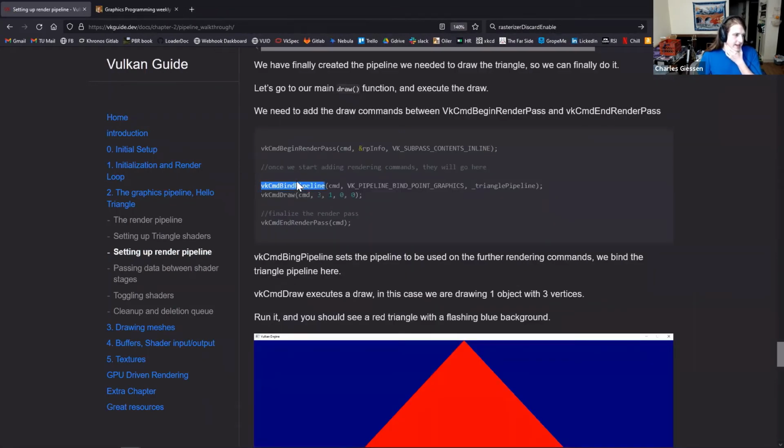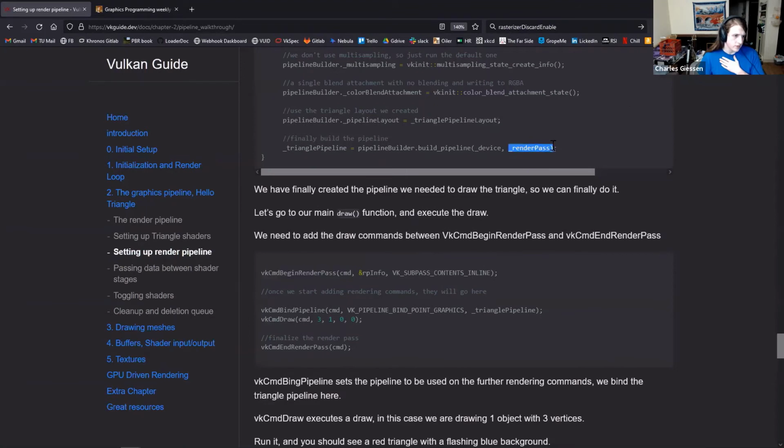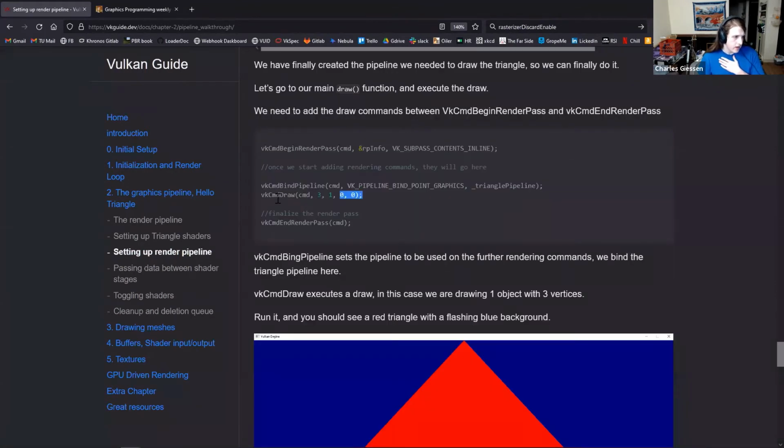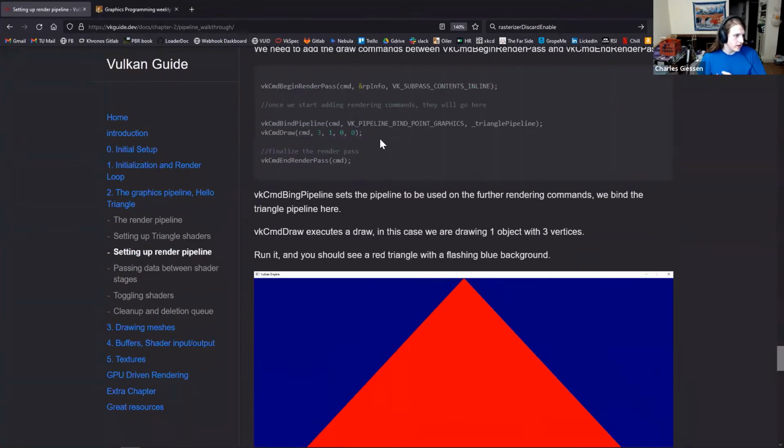We need to add the command bind pipeline command in our command buffer recording function. We put it in between the begin and end render pass because we're going to use that render pass we begun. That's where this render pass thing will come into play. Now we can draw 3 vertices and we get a red triangle. This command draw takes in the command buffer. It says we're going to have 3 vertices